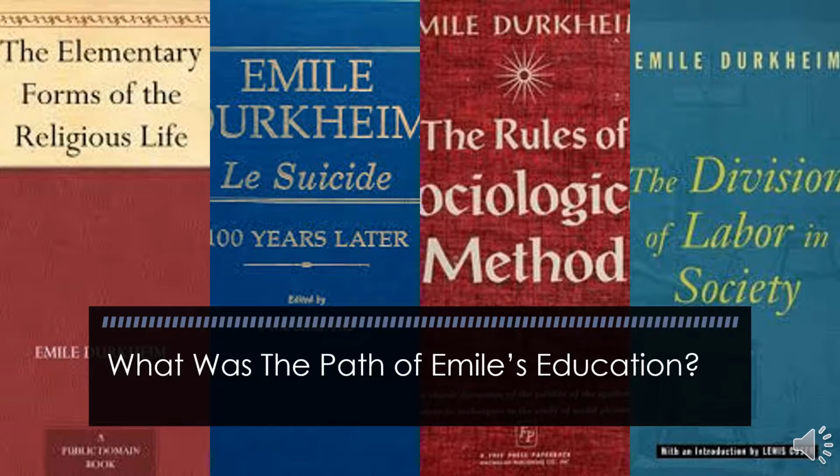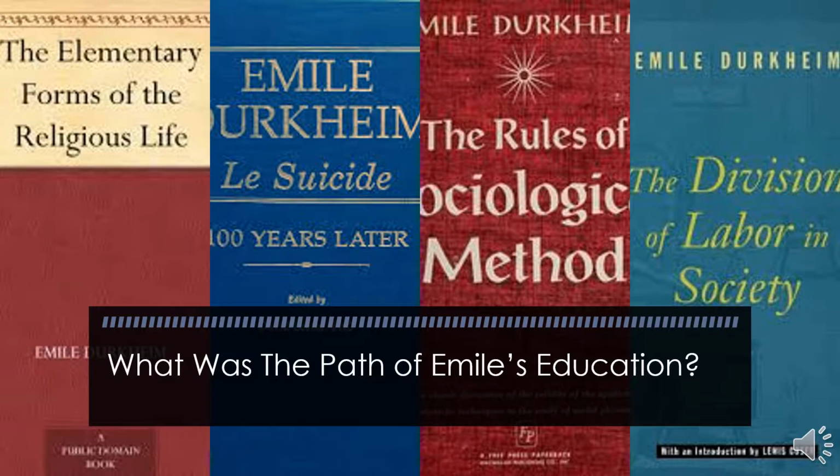So, our second question that we're going to go over is, what was the path of Emile's education? We learned from the previous slide that as a young boy he started off in rabbinical school, but wanted to study religion from an agnostic standpoint, so he dropped out of that. And then he went on to various French schools. He went on to teach in rabbinical schools, high schools, for about 5 or so years, but then really started teaching at prestigious colleges. Something to note was around 1906 or something, he did become a professor of educational science at the Sorbonne. I'm going to say that wrong, but it was the Faculty of Letters,